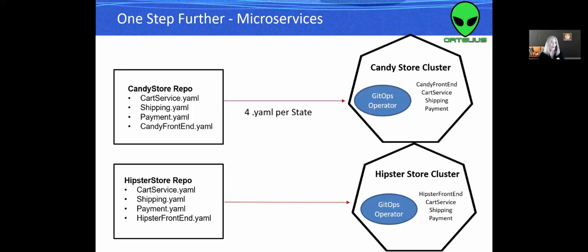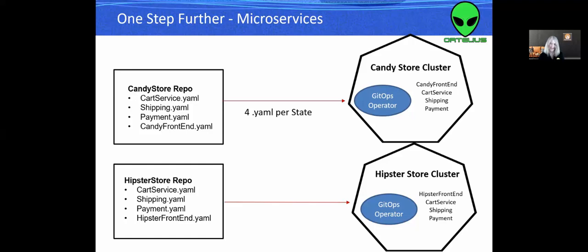But the way that they've implemented this is the candy store has a cluster and the hipster store has a cluster, and they each have their own GitOps operator. So when we use a GitOps model, we are going to have a candy store repo, just for one state for production. And we're going to manage the YAML files for the cart, the shipping, and the payment. And in the same way, we're going to do that with the shipping, payment, and the cart service in the hipster store repo. So there's 4 YAML